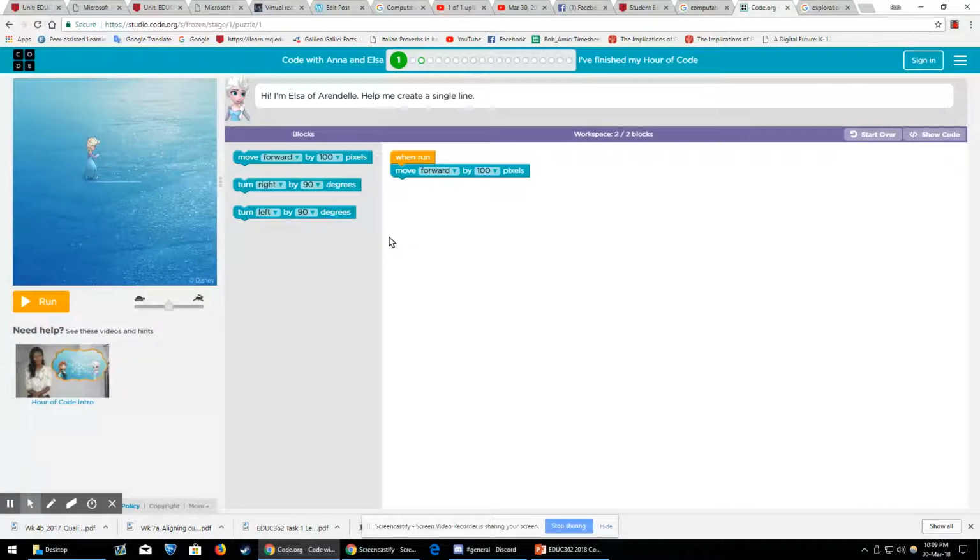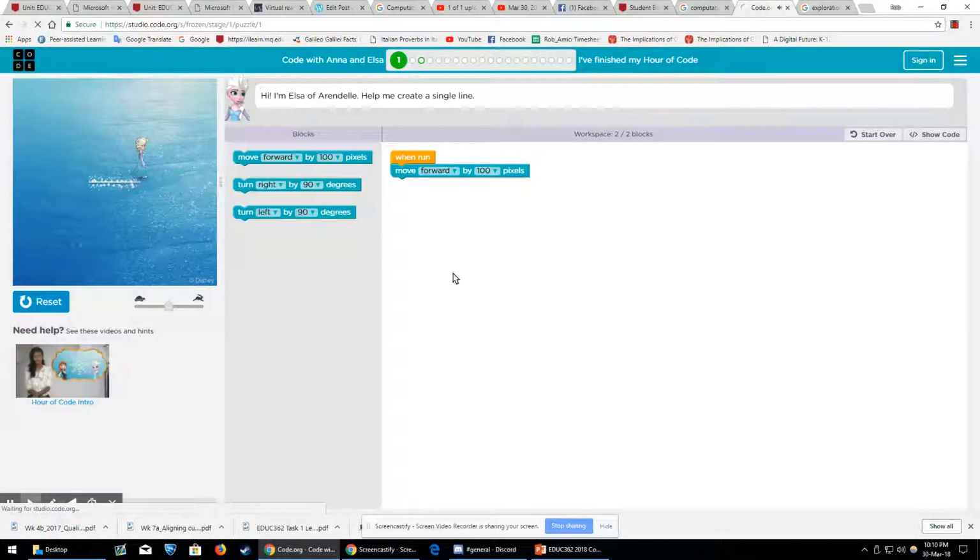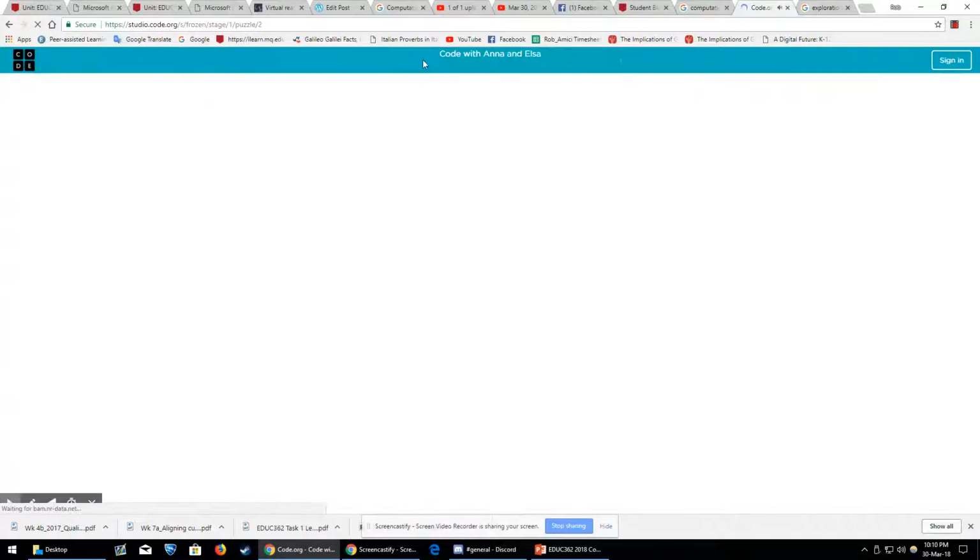So basically we can see this code is very simple. On level 1, even if someone has absolutely no coding experience, would be able to do this hopefully. Maybe not really younger kids, but with a little guidance I'm sure they'd be able to. So they can just relate to the words, right? Forward, run, move forward, run. Easy enough. But when you start going through the steps, you start drawing a square, blah, blah, blah,